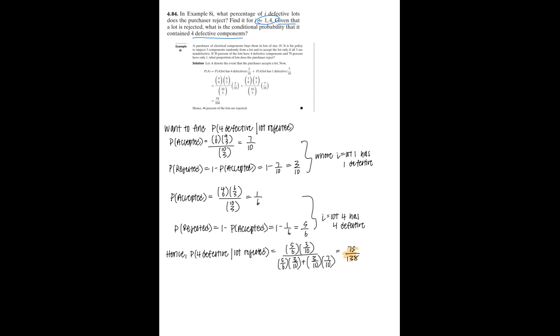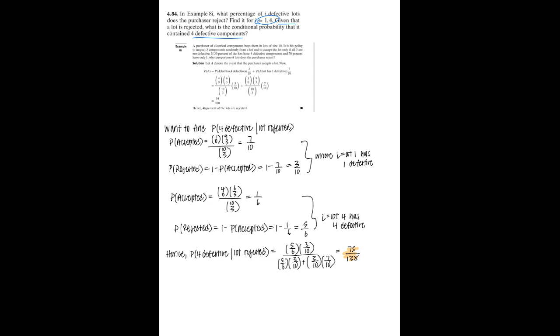So for i equals 1, the probability of accepted is 1 choose 0 times 9 choose 3 over 10 choose 3, which is 7 over 10. And then the probability of rejected is 1 minus the probability of accepted, which is 1 minus 7/10, which is 3/10. And then for i equals 4,